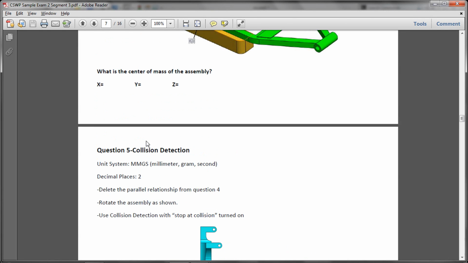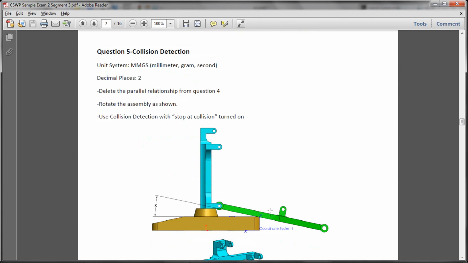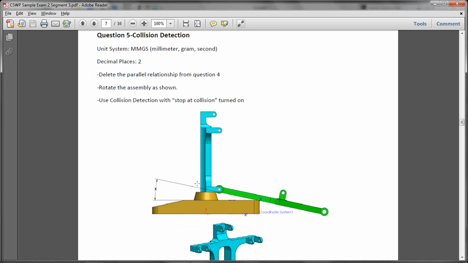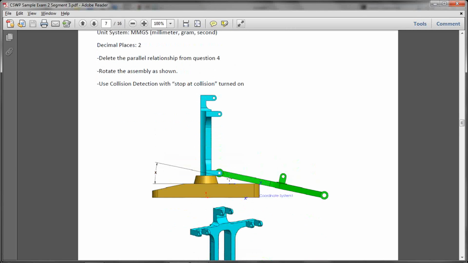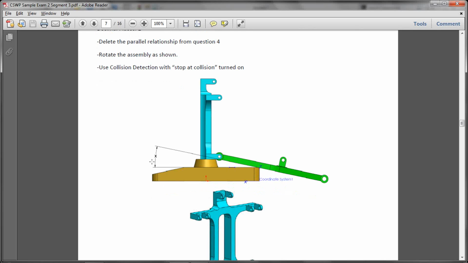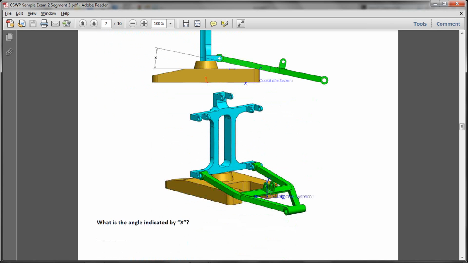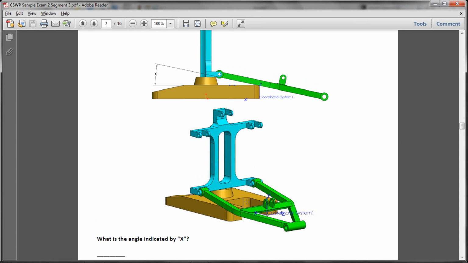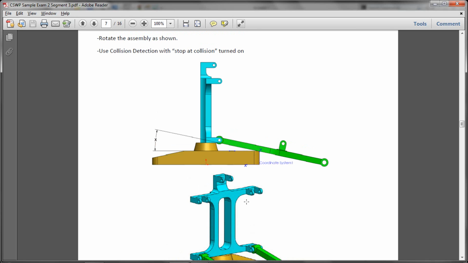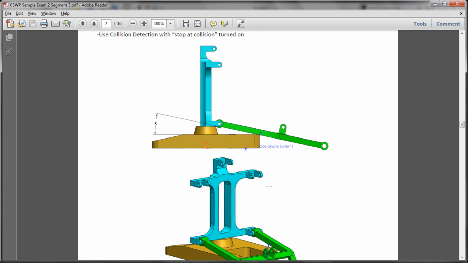Now in the fifth question we have to use collision detection to find this angle. We need to see how much we can rotate this arm lower.